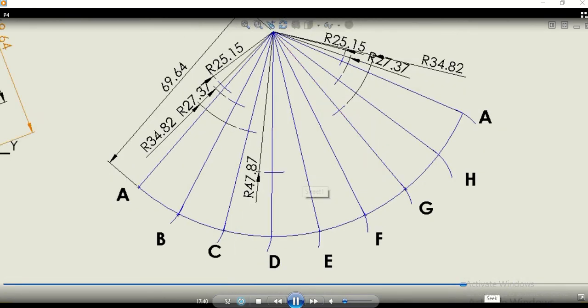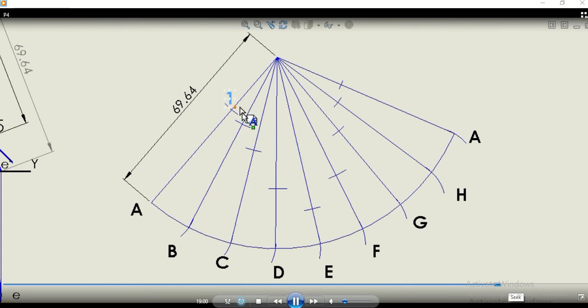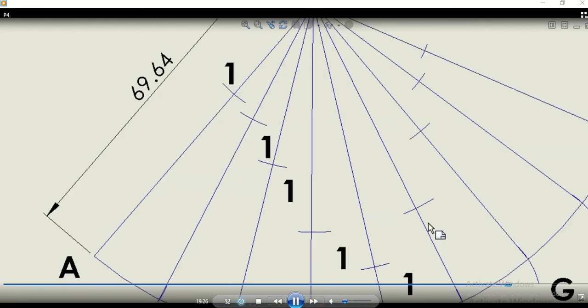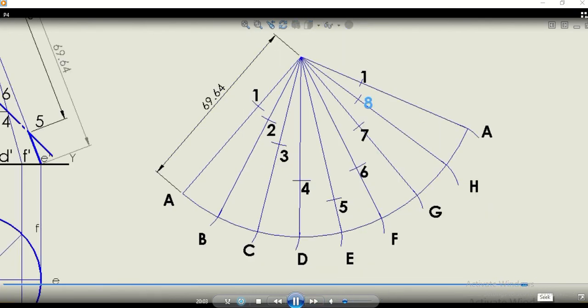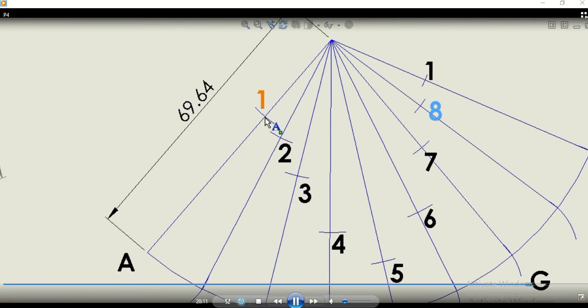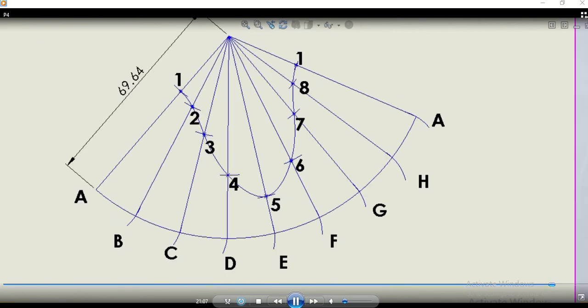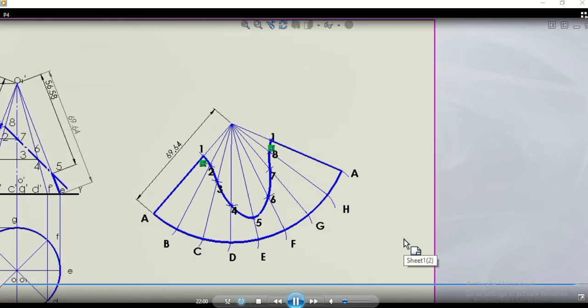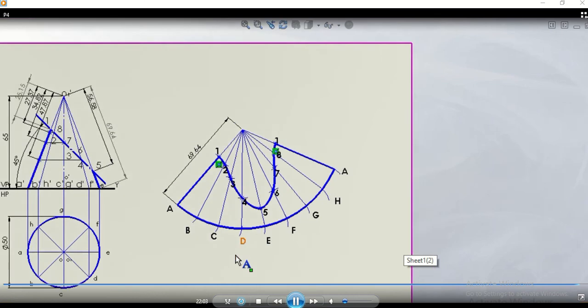After cutting the arcs, the next thing is to connect these arcs. Before that you name these points as 1, 2, 3, 5, 6, 7, 8 and 1. Now first you make the boundary darker and then you connect these points with a smooth curve. So this is the required solution for the given problem. And you are not supposed to make these generators darker, only the boundary should be made darker. So this is the required solution.